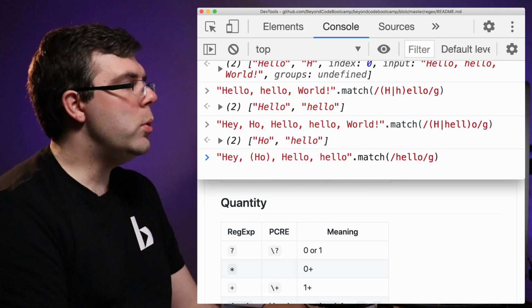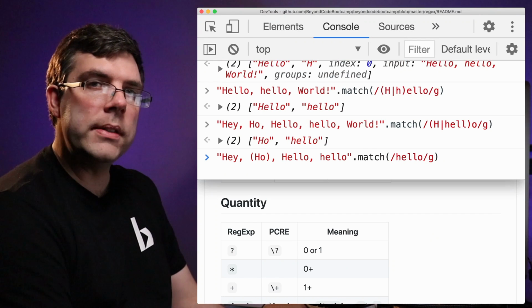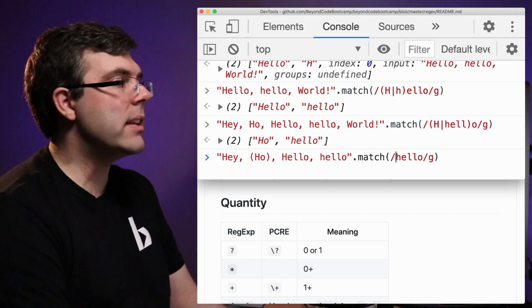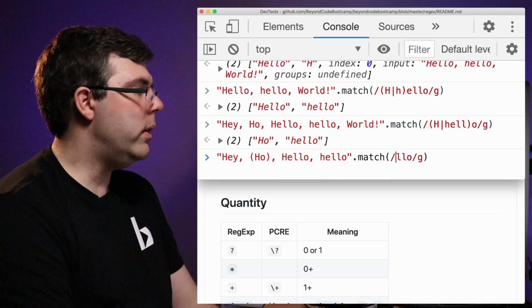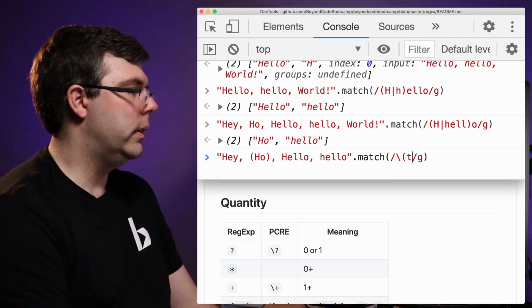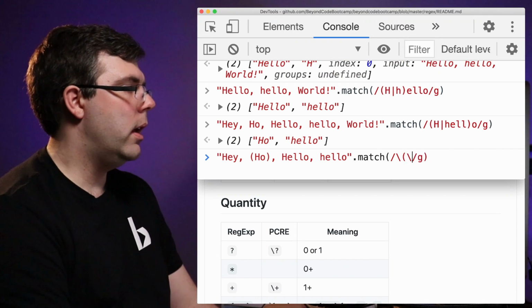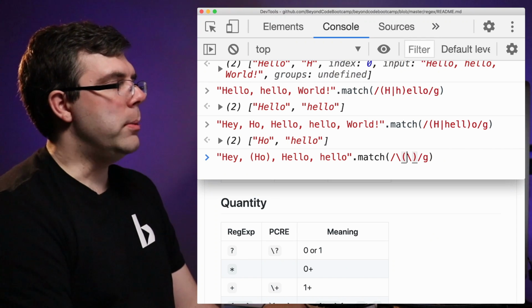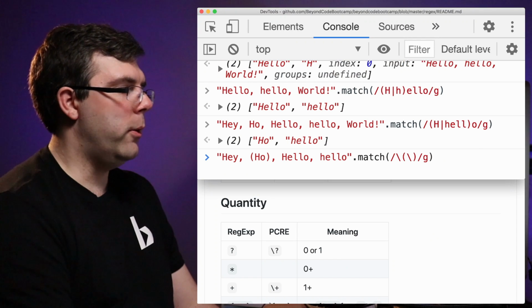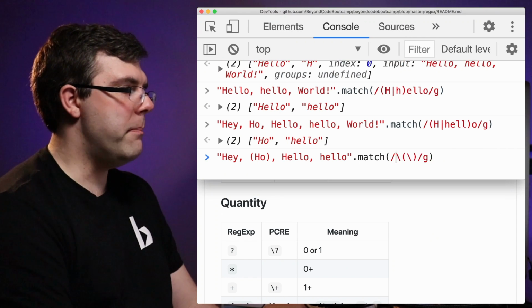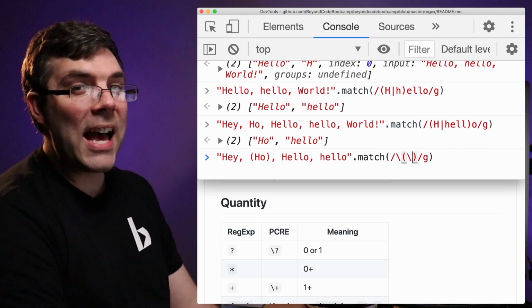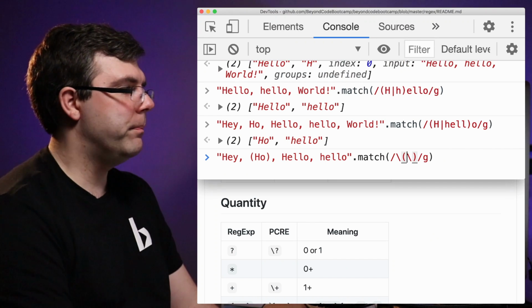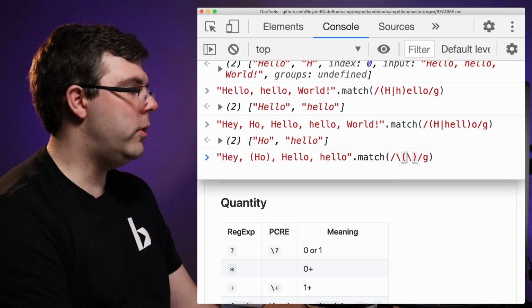We would need to escape the parentheses to tell them not to act special. So if I want to match a parenthesis and another parenthesis, this will actually be kind of cool. I'm going to say what I want to do is match anything inside parentheses. And so to do that,